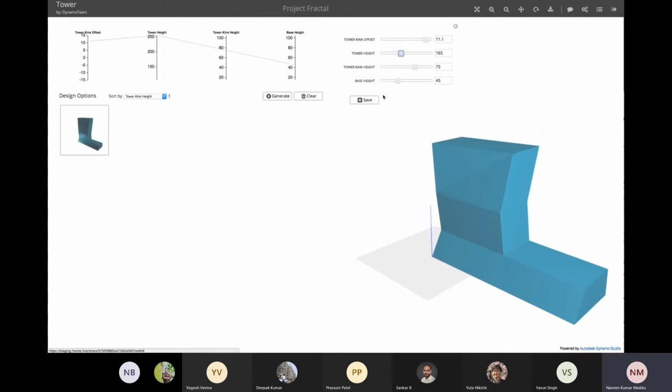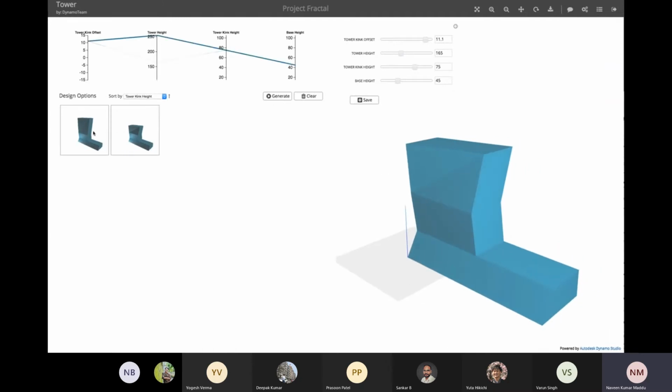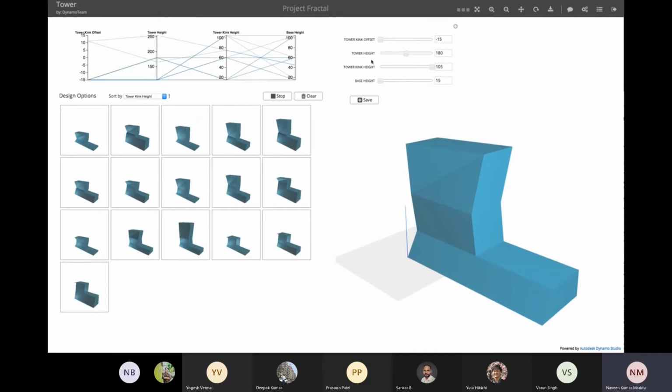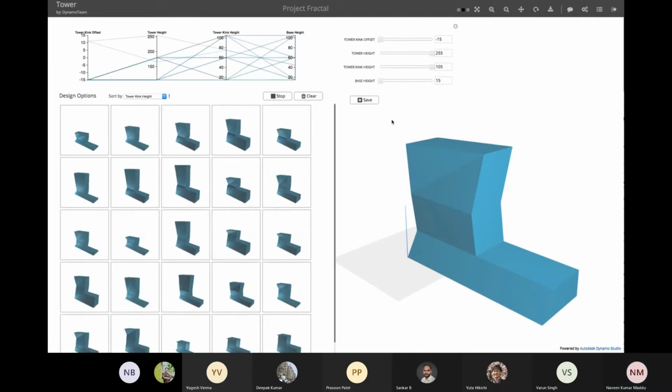So he's trying to control the parameters and saving, and a second model has been created. And if you try to generate, it creates a number of products like this automatically.